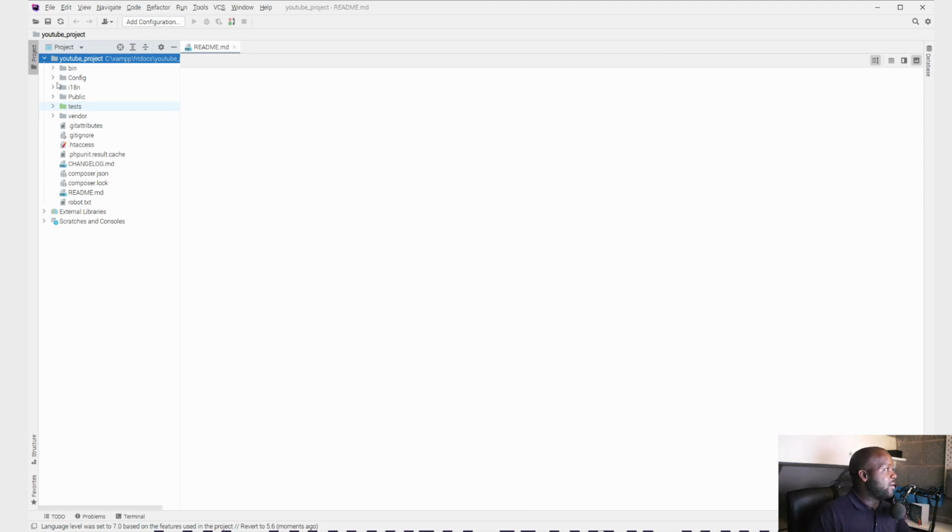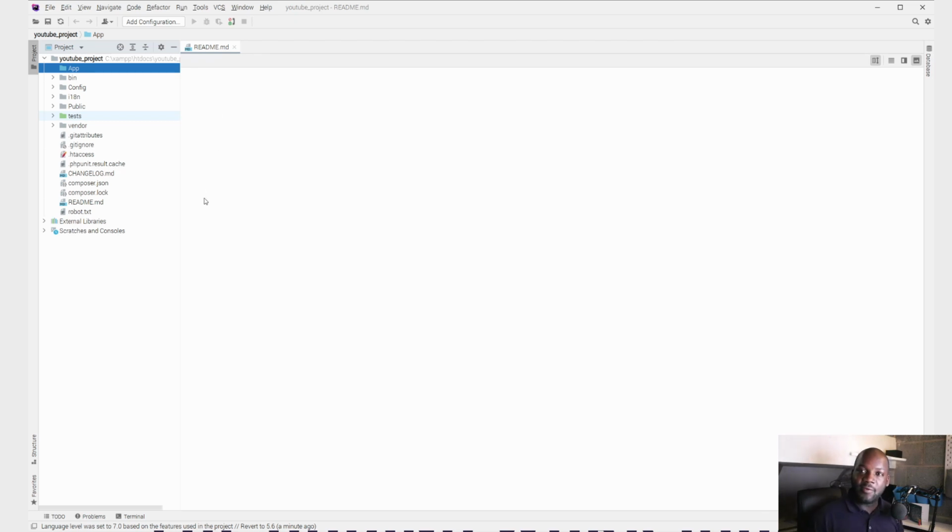So we've got a bin file, a config directory. You'll notice that we didn't get the app directory, and the reason why is because when you put an empty directory onto GitHub, unless you put a .gitkeep file in, it doesn't push that empty directory to GitHub. So that's the reason why we're not seeing that, but that's not a problem. We can easily create that again. So I'm just saying new file, new directory, app directory,